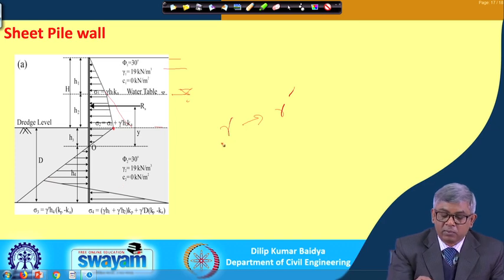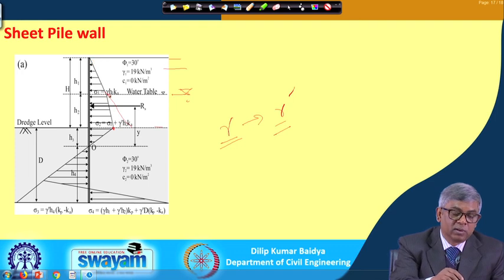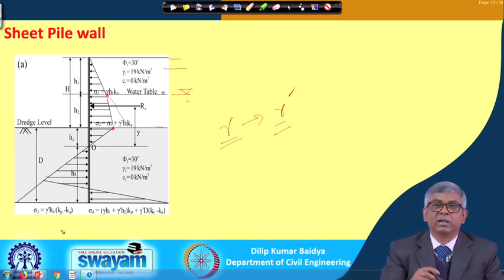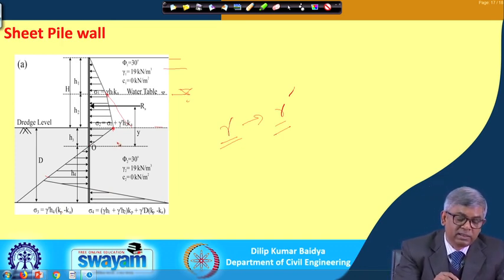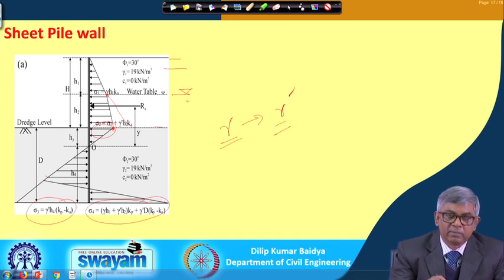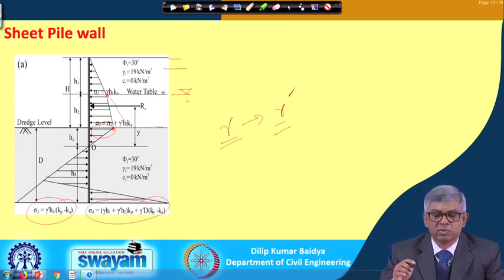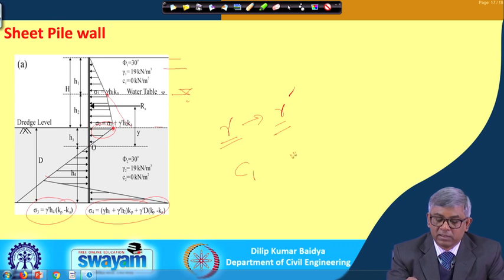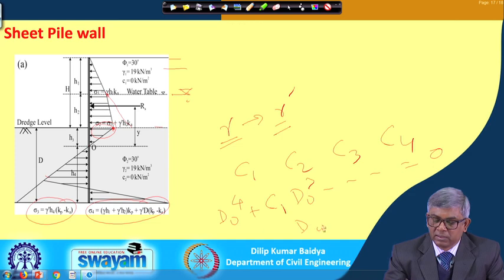Similarly, everywhere there is gamma, you can replace it by gamma submerged. Accordingly, you will get the coordinates here, here, here, everywhere, and that will be your final pressure diagram. After getting that pressure diagram, whatever notation I have given here can all be kept unchanged, and again using those notations, we can find out C 1, C 2, C 3 and C 4. Then finally you can use the equation d naught to the power 4 plus C 1 d naught cube and so on, equal to 0, and find out d naught again.